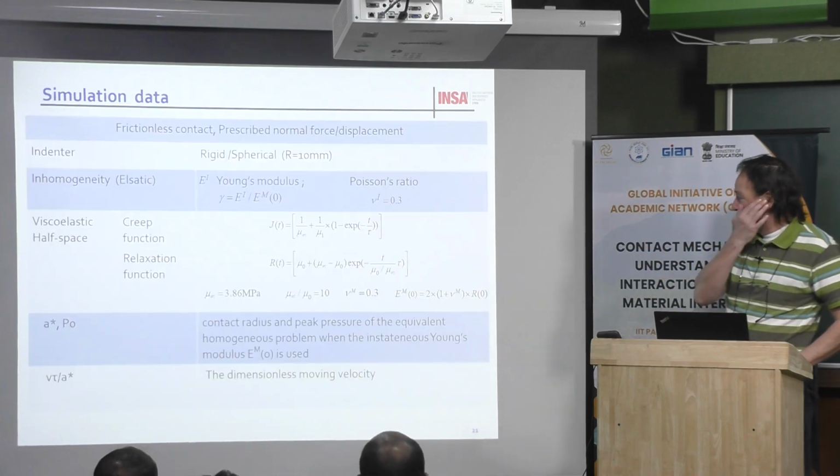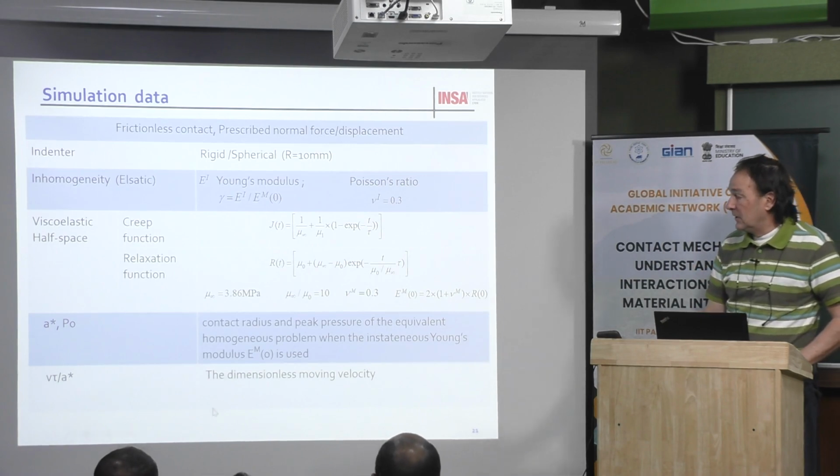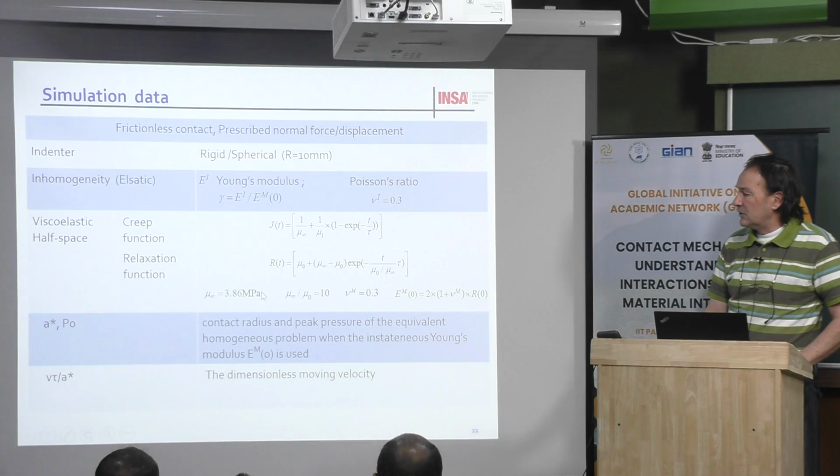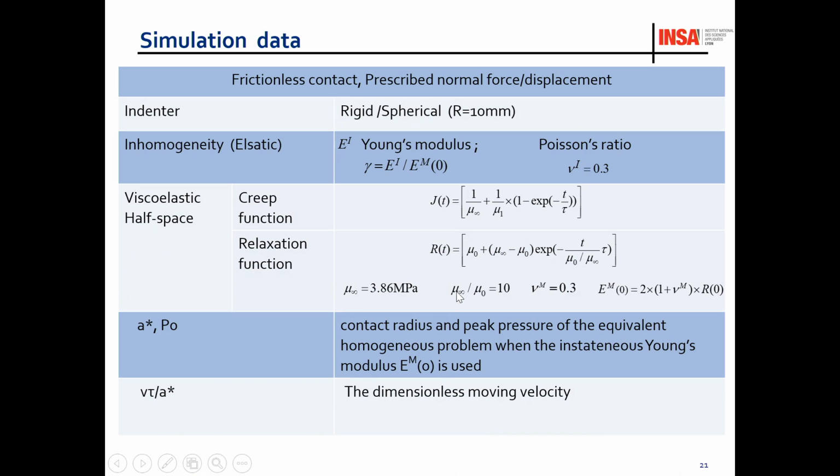Okay, then these are the parameters for the simulation. If you want to redo the same, then this is the shear stress at infinity, for a very low frequency, in fact. This is the ratio between the shear stress for zero frequency and for a very high frequency, then 10. Then the Young modulus of the material is 10 times higher at the beginning than at the end. Okay. Then if you plot the curve, you have something like that, and it will decrease like that.